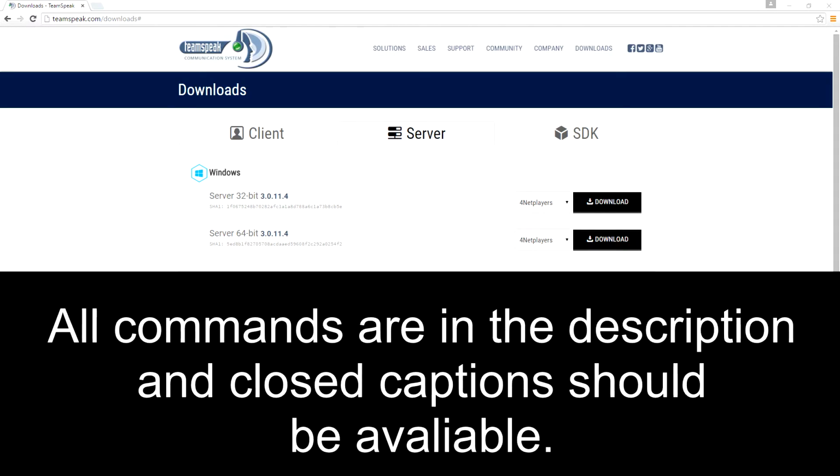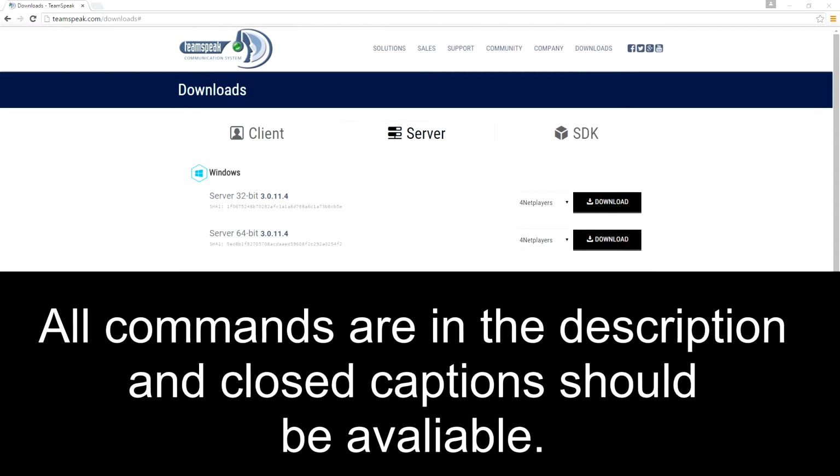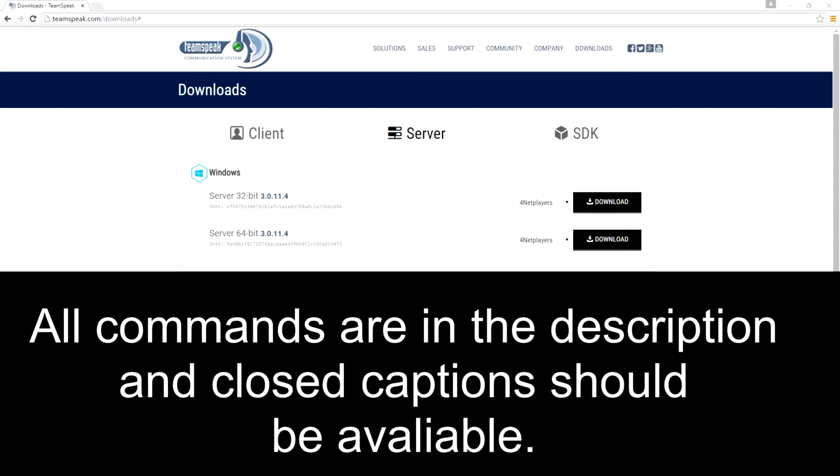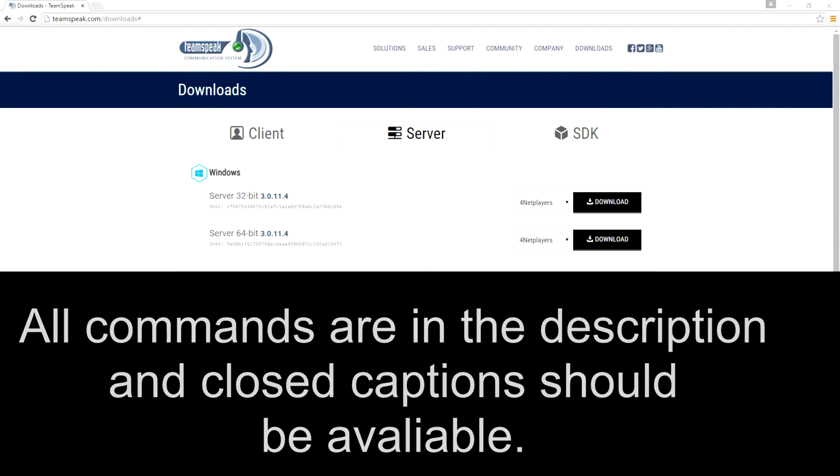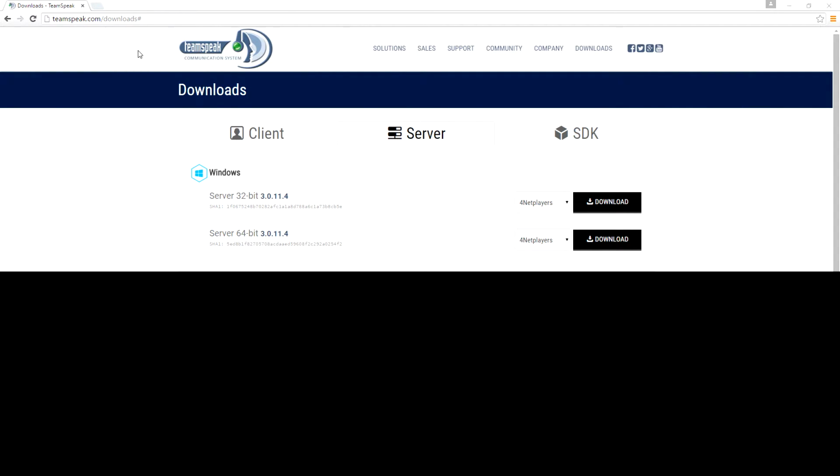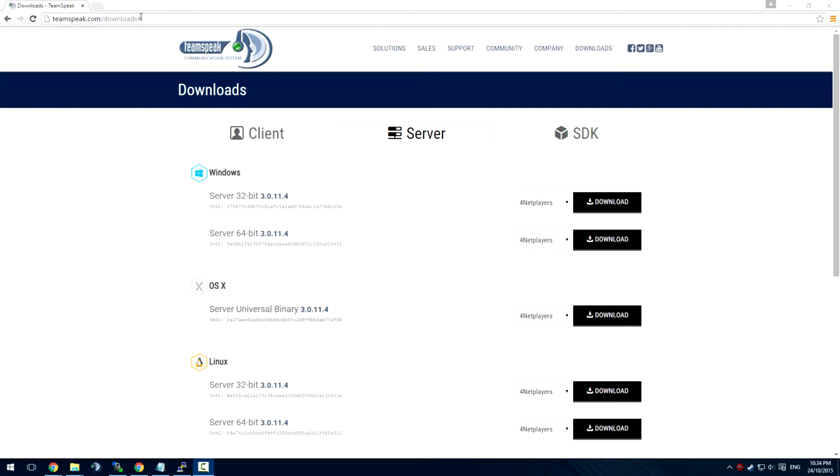Hi guys, today I'm going to be showing you how to make a TeamSpeak server on Linux. I'll be using a VPS, virtual private server, running the Linux distribution Debian. So first you need to go to